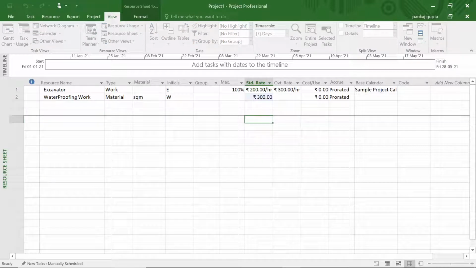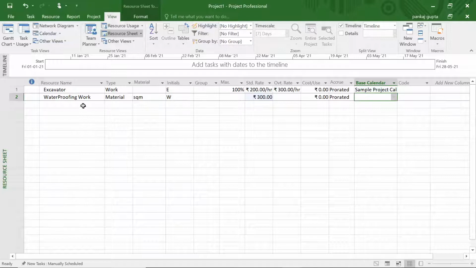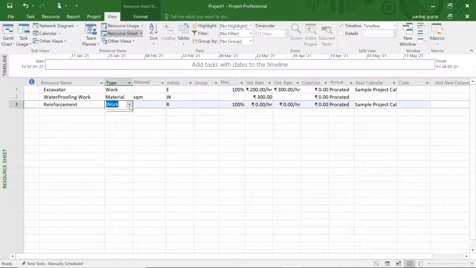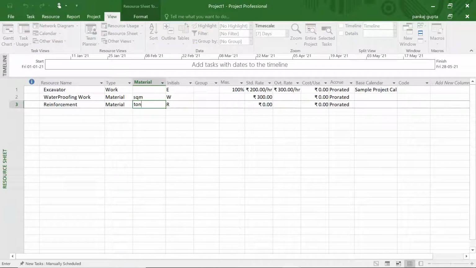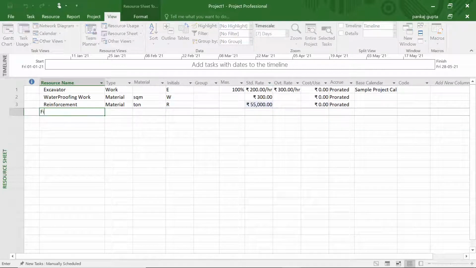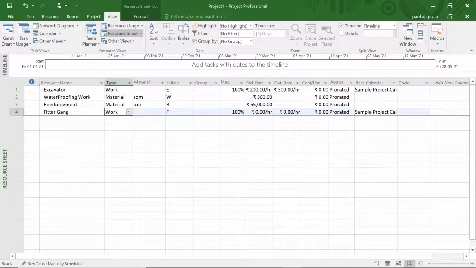Now the per square meter rate can be defined in Microsoft Project. Now suppose we want to define the reinforcement as a resource. So it will be material type, the unit will be ton and the rate will be around 55,000. In such a way we can define the material resources.